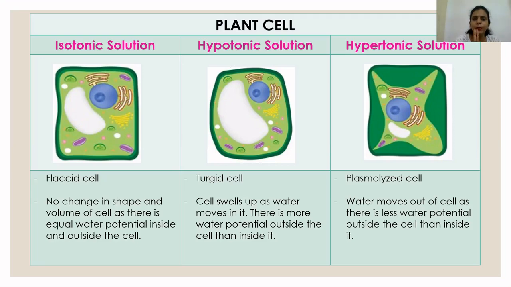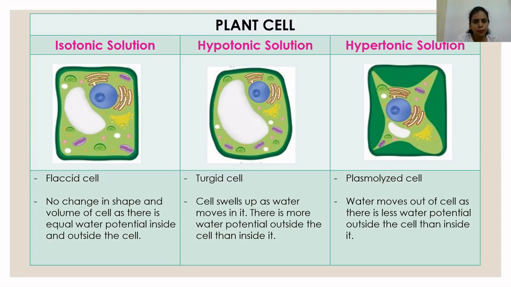A plant cell placed in a hypotonic solution never bursts because of the presence of the tough and rigid cell wall around it. This cell wall protects the cell from bursting when an excess or extra amount of water is present in the plant cell. The pressure applied by these water molecules on the cell membrane or cell wall is known as turgor pressure. This type of cell, where turgor pressure is present, is known as a turgid cell.